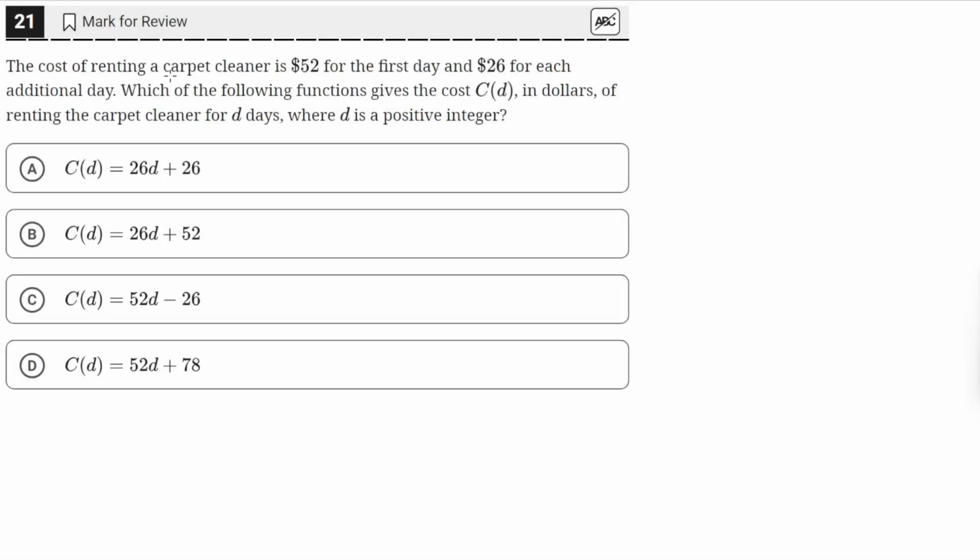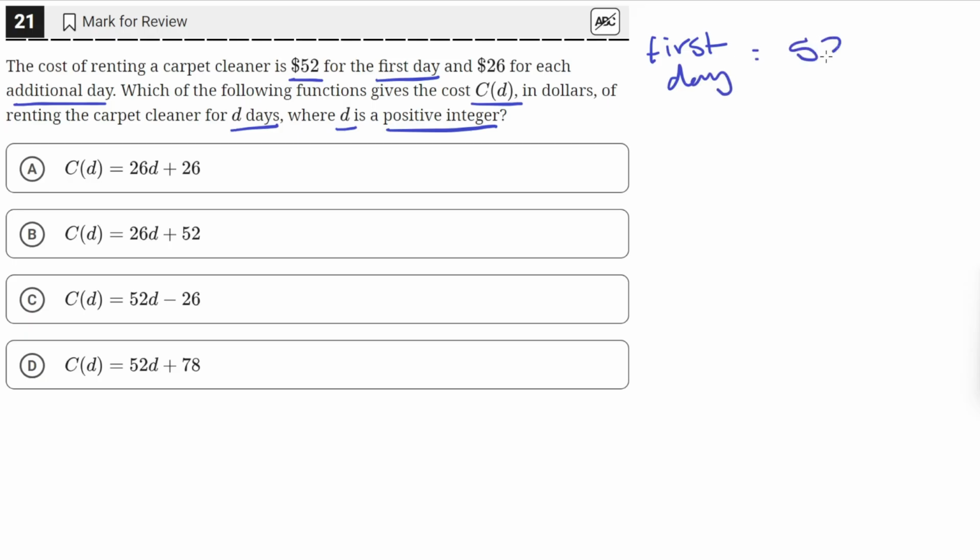The cost of renting a carpet cleaner is $52 for the first day and $26 for each additional day. Which of the following functions gives the cost C of D in dollars of renting the carpet cleaner for D days, where D is a positive integer? So we have a carpet cleaner, and the first day